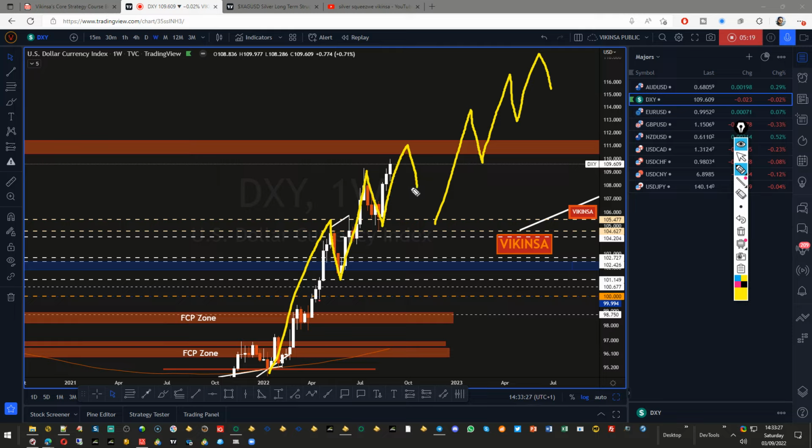This minor correction will probably come to some important level here, and then probably perform a double top or some sort of that thing, and then it will start to fall down. So that is a possible scenario in the dollar here. Now, remember,